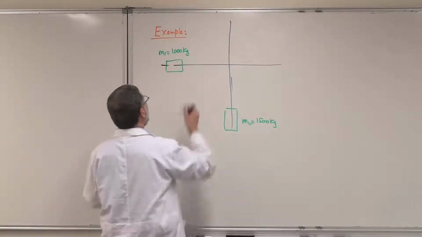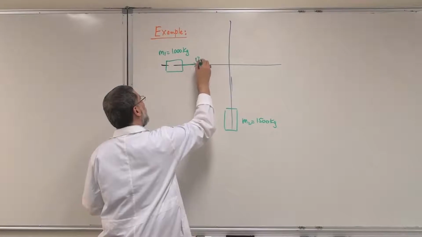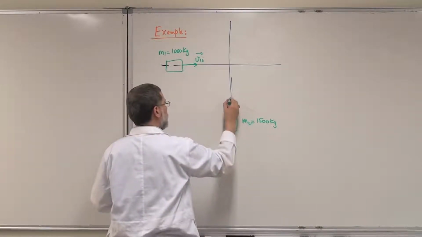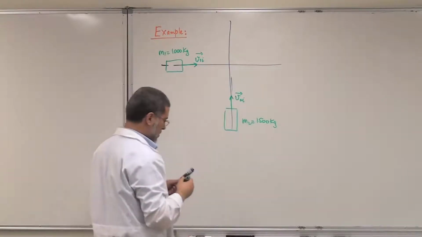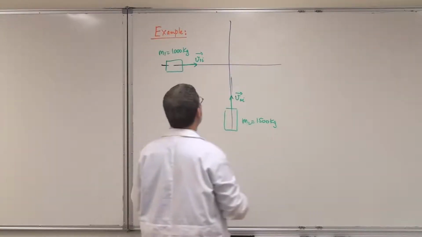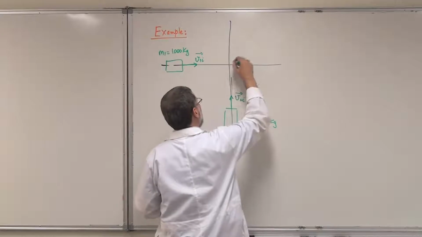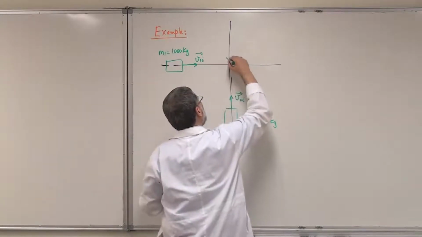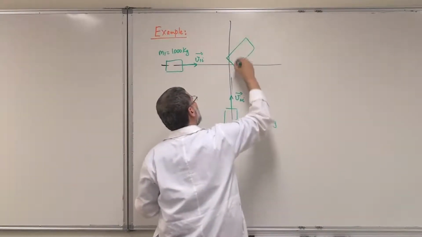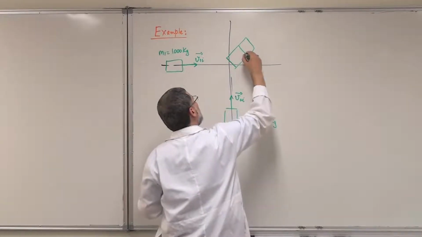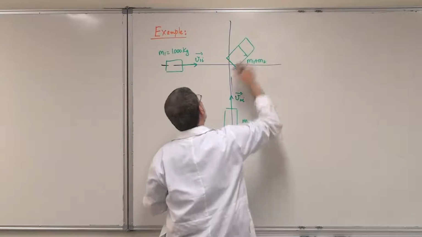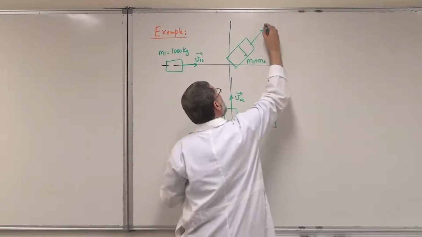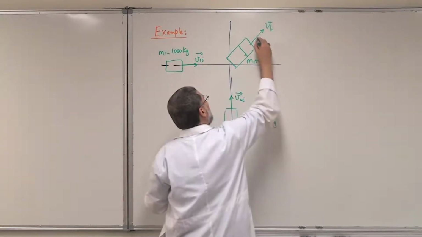Here we have v1 initial, this is v2 initial, and unfortunately they meet at this point, and they go as one body together, m1 plus m2, in this direction with the velocity v final and the